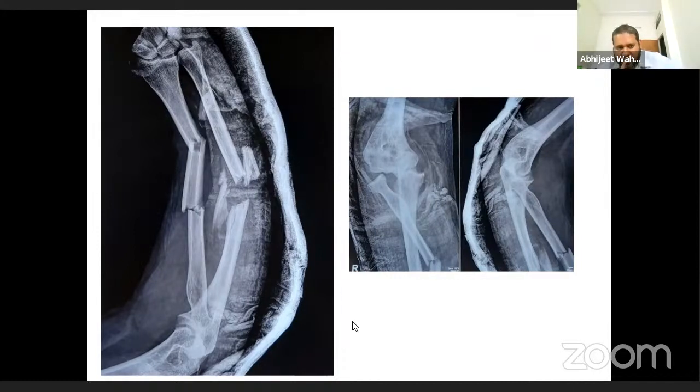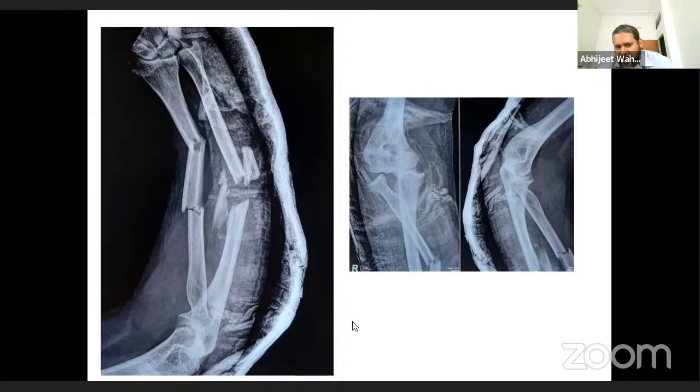So obviously you should not really denude the fragment and strip it of its periosteum. The LC-DCP plates that are available help you place the plate without having to really strip the periosteum. So you can just dissect around the fracture end so that you're able to match the fracture ends properly and align the fracture fragments. Or else you can even use a temporary intramedullary nail to facilitate your reduction and then use a plate. So there are many ways that you can skin the cat. It all depends upon the availability, your